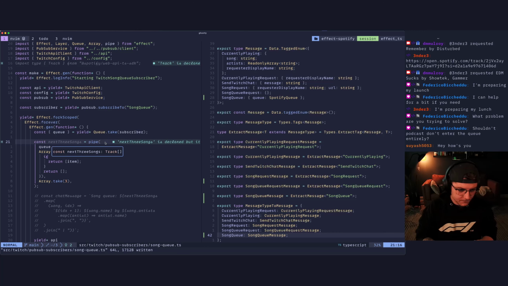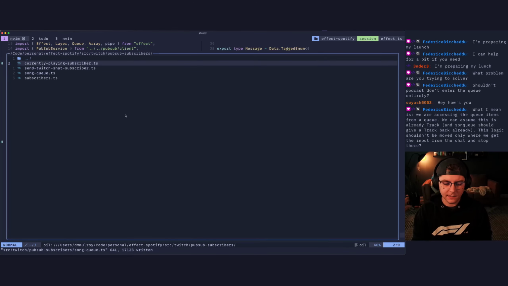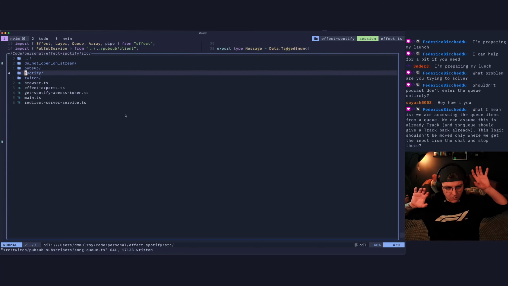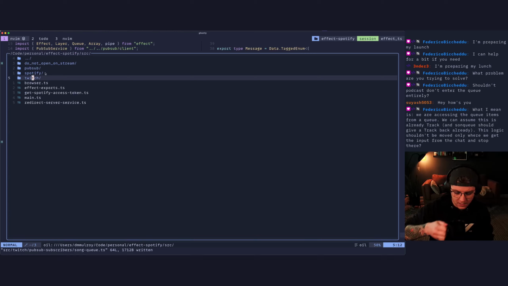What up, Suyash? Not exactly. So I have this subscriber I'm in right now. It's technically in the Twitch service, but I'm going to move all my PubSub subscribers into PubSub. And I basically want the Spotify service to only know about Spotify stuff and the PubSub, Twitch to only know about Twitch stuff and the PubSub. And then the actual PubSub subscribers can know about both and handle business logic-y stuff. Because right now I have some Spotify stuff in the